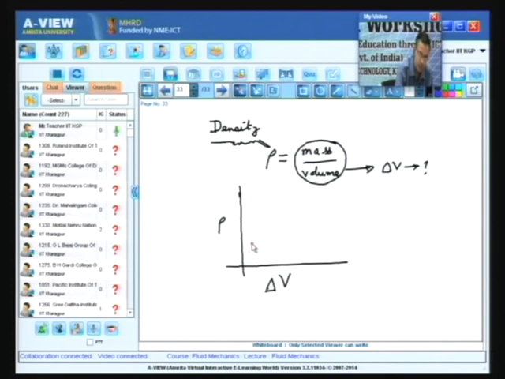If you take a very small delta V, you will see that the density is fluctuating like this, then it comes to a constant and then beyond that it varies like this. So, if we take a very small volume and then calculate the mass within that and find the mass divided by volume, then we are within the statistical uncertainties because of the presence of only a few number of molecules. But if we go to a volume which is beyond delta V star,